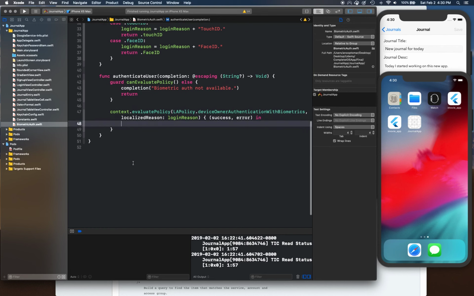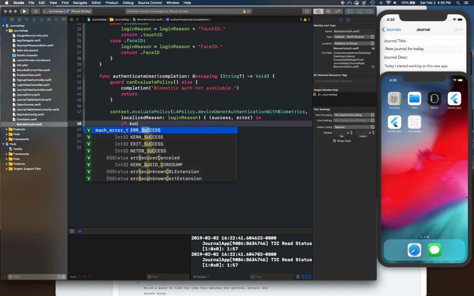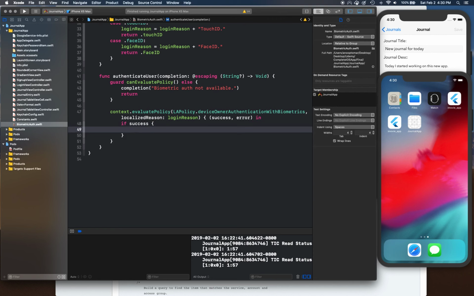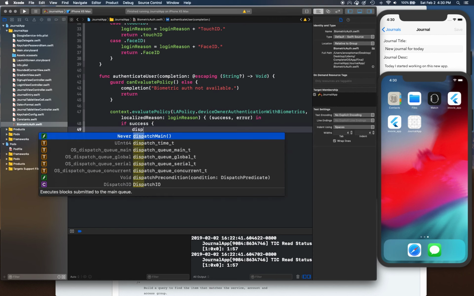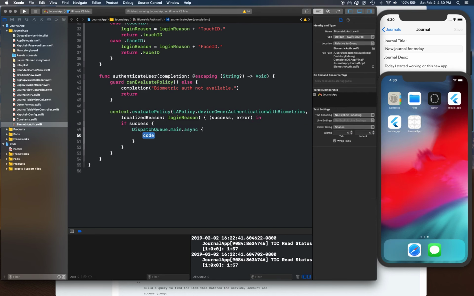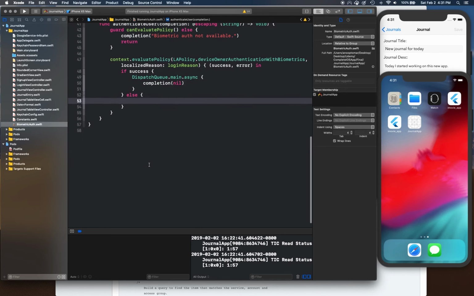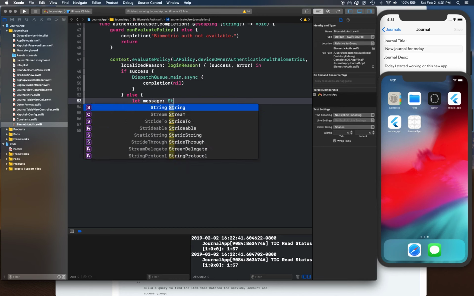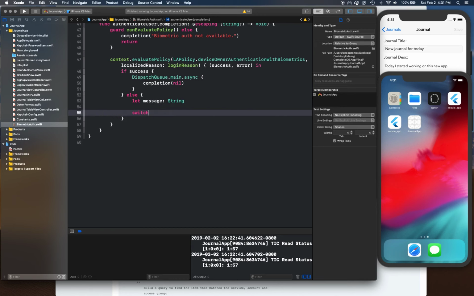Okay. So if success, right, we're going to simply say dispatch queue dot main dot async, and we're going to say completion nil. Right. Else, if success is not true, then we got some kind of error. So we want to actually find out what that is. So we're going to say let message is equal to of type string, and we're going to say switch error,